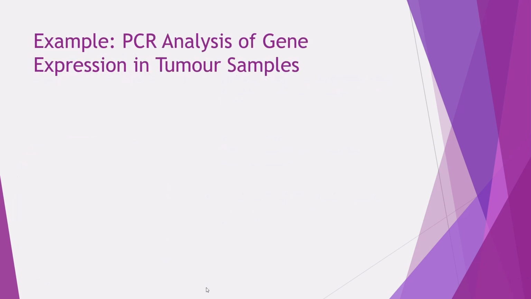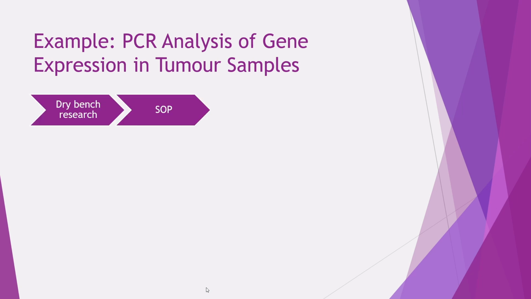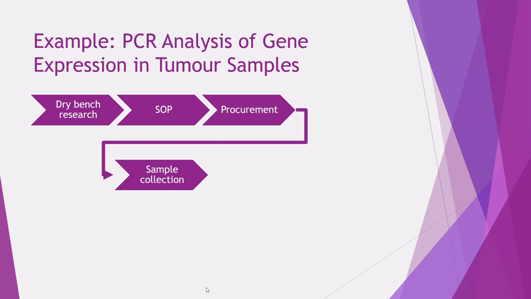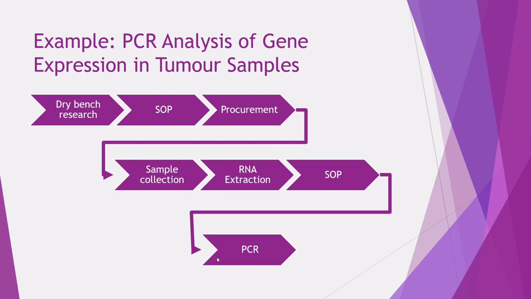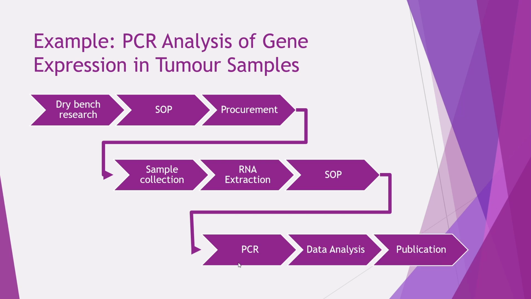So let's look at, for example, a PCR analysis. First, you will probably do some dry bench research, trying to identify the protocol to do the PCR. You will probably need to buy some primers and maybe some pieces of equipment. You also need to collect samples if you don't have them already. You will need to perform some RNA extraction, run your PCR after having developed and tested your protocol, and then analyze the data before doing some write-up and submitting for publication. There are more steps involved, and as you will see, you can figure them out as you develop a full